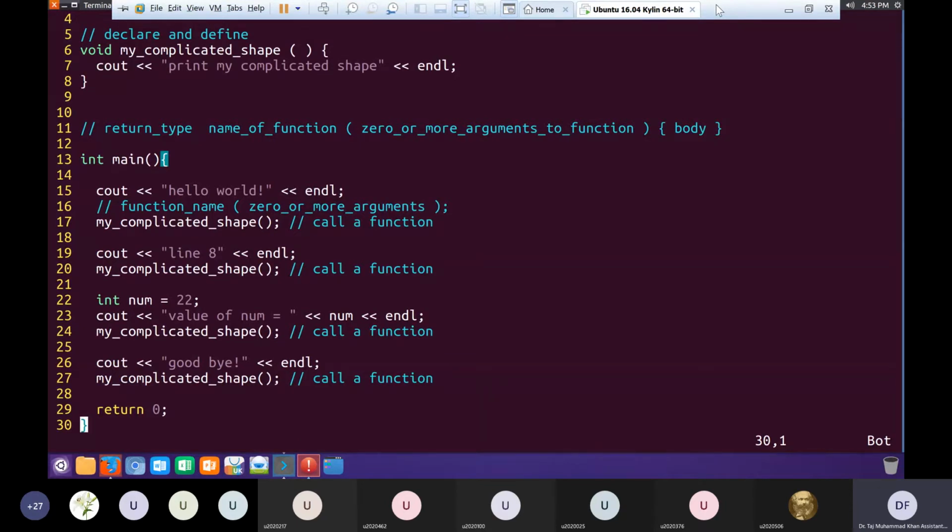If I want line 13 at line 19... Sir, if I want to print line number 13 at the place of line number 19, how will I print it at line 19?